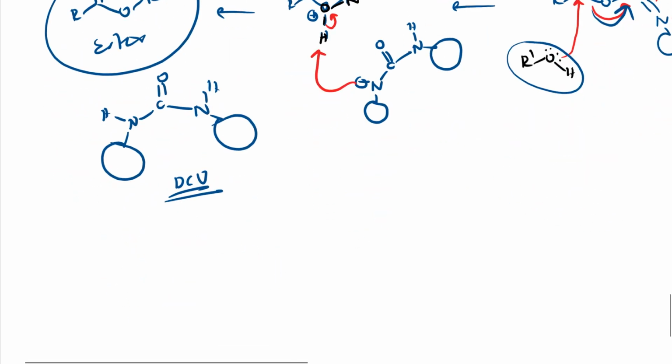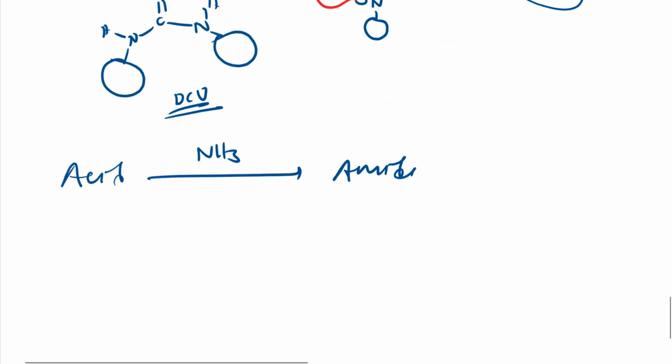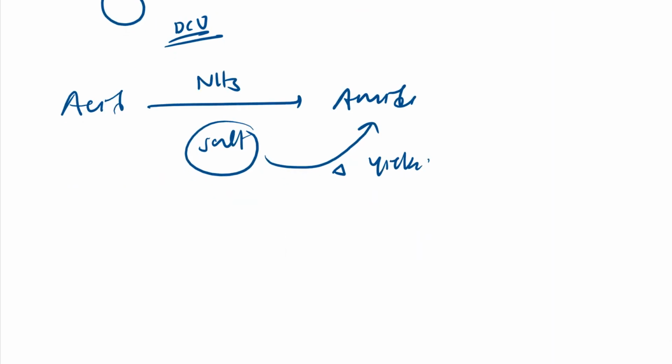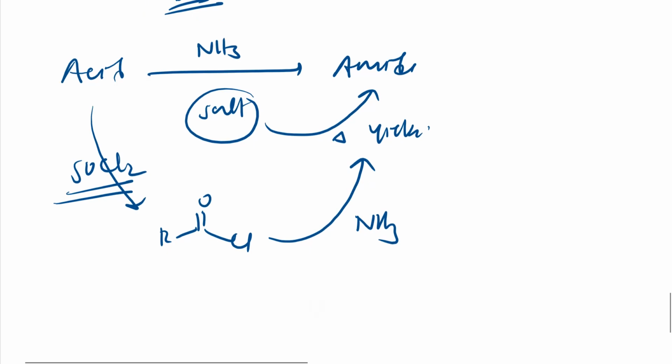So I told you I can't convert this acid directly to this amide using ammonia simply, right? Because it will undergo an acid-base reaction and form a salt. Then I have to heat it, and the yield of this amide will be very low. So what we do in the lab is convert this acid to an acyl chloride like this, using SOCl2, thionyl chloride, right? This mechanism we have studied, and we commonly do these things in the lab. Further, to this acyl chloride I add ammonia. So here a two-step reaction happens and I get the amide.